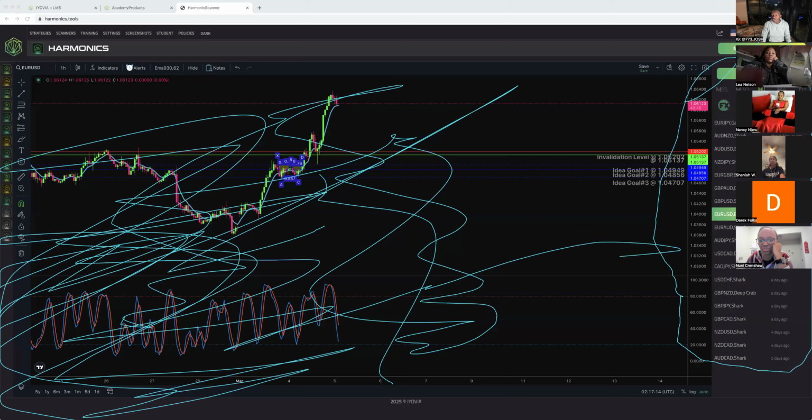So what we're going to focus on is this first. This right here is called our alert panel. Okay? With this tool called the Harmonic Scanner, what it does is it scans the market for you and gives you different trade ideas that you can take advantage of to make money in the market. When you're using this, it calls out trades on different time frames. You have the 15-minute, the 30-minute, the 1 hour, the 4 hour, and the daily.